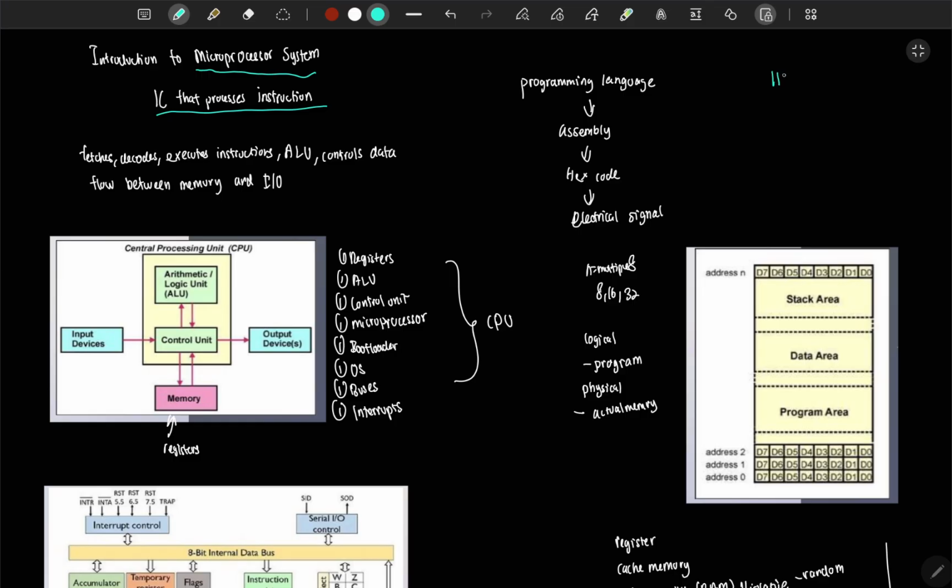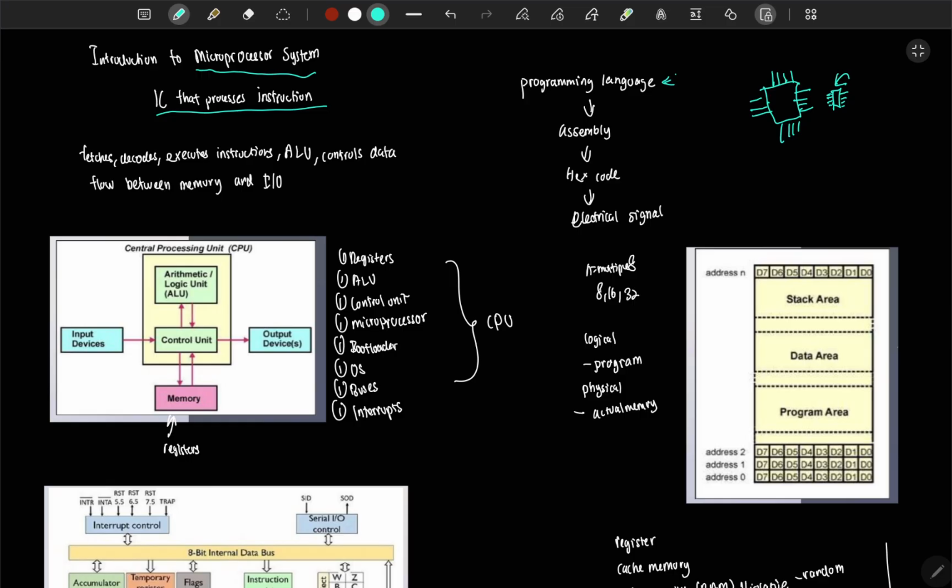So we know that we have a CPU. Assume this is an illustration of a CPU. So in the CPU there are certain components. In there we have a chip that's called the microprocessor. So this microprocessor processes instructions. Okay, so